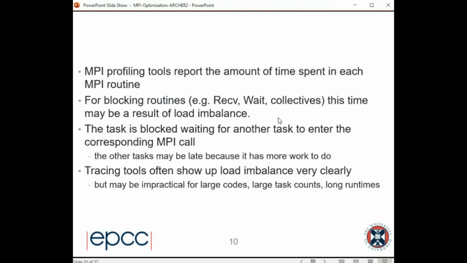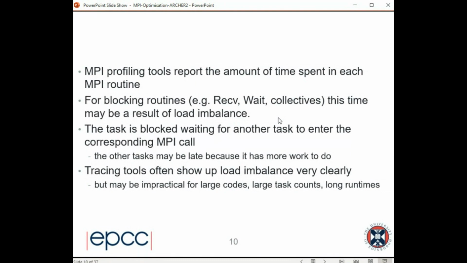So what we're going to look at now is where we see time being spent. How do we find out where the time is being spent in our parallel program? Well, we could just put explicit timing calls around all our message passing calls using MPI time, which gives you the raw clock time. But probably the easier thing to do is to use profiling tools. And there are a number of profiling tools available.